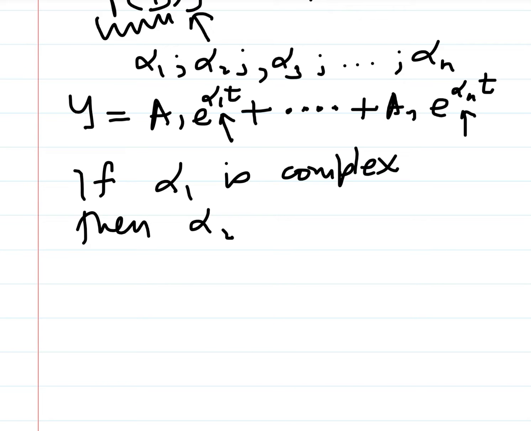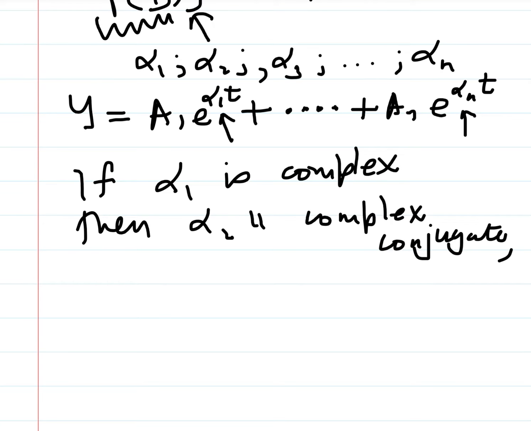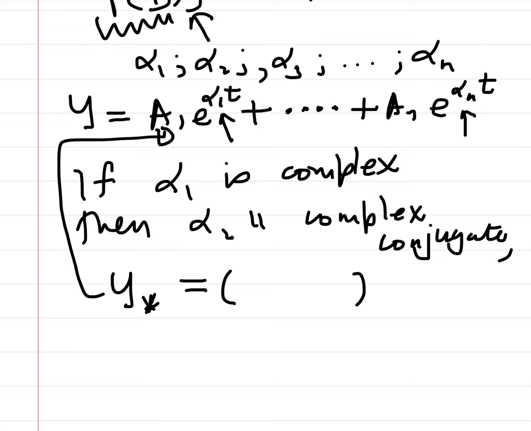Then alpha 2, say, is the complex conjugate. You will always get this case. Then part of the solution looked like, let's call it y star. Y star is part of the solution somewhere in there. Then y star was of the form that involved cosines and sines. So let's suppose it is a1